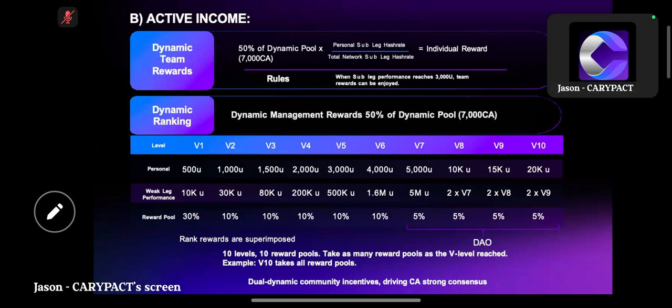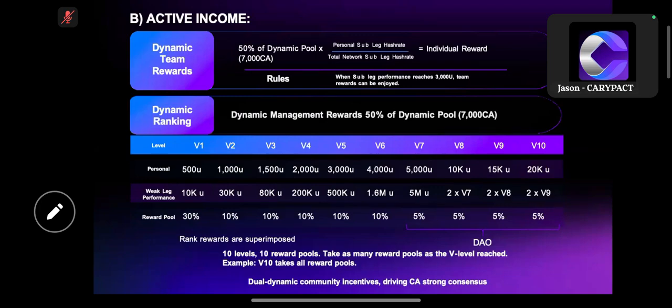So you will know your own calculation when you get it on a daily basis. Times that with the 7,000 CA produced on a daily basis, whereby you'll be getting 2.8 CA per day. The price of CA today is around $28. That comes to $78 that you'll be earning from your networking commission.